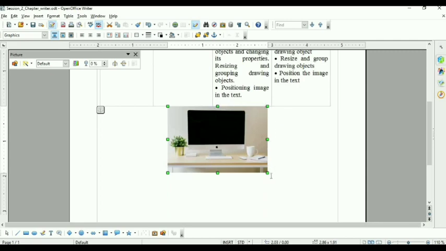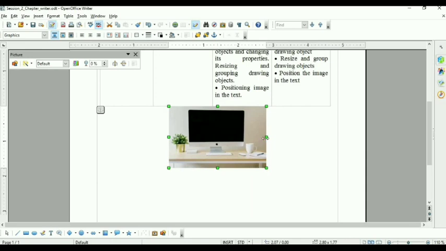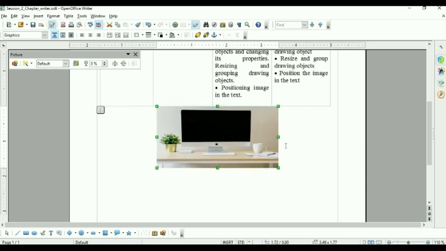The picture is selected with the help of these green dots. What are these green dots called? The green points or green dots are called handles. With the help of these, you can increase or decrease the size of the picture. Is it clear?